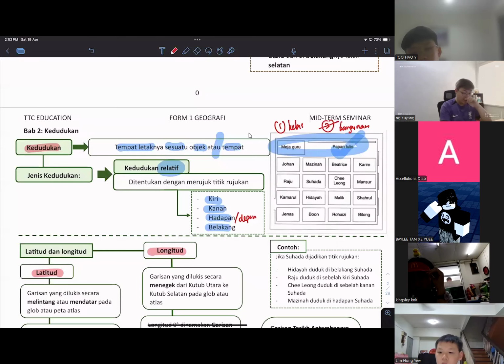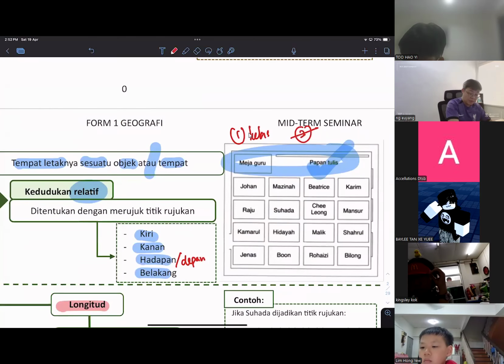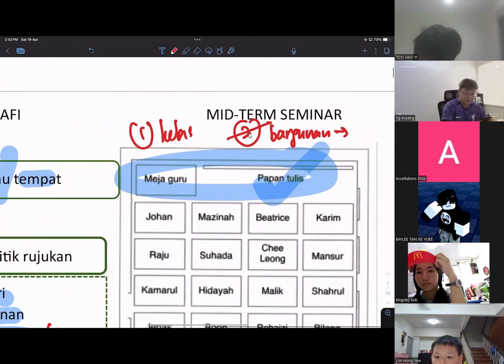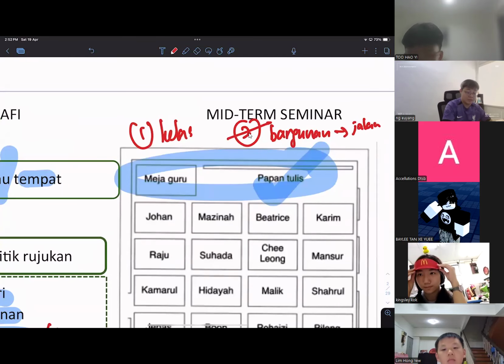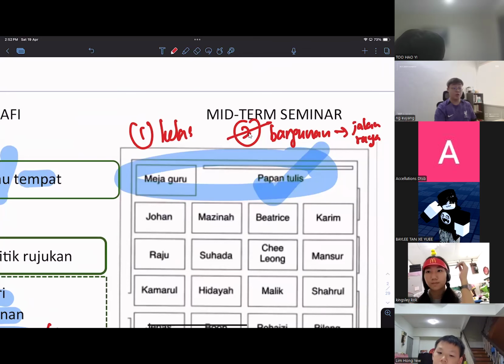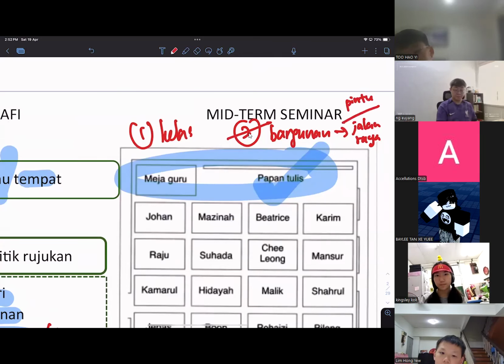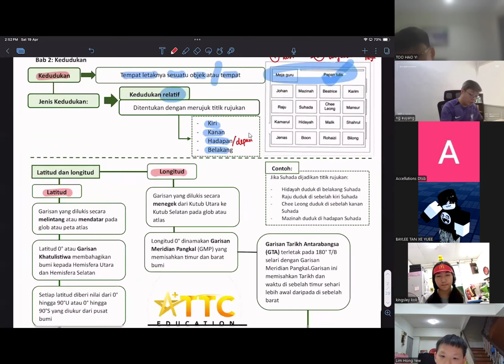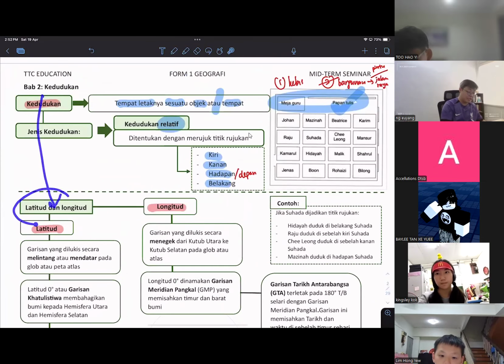Which is bangunan, we have to refer to what, guys? The second type of exercises, if this is bangunan, what should we try to refer to? Bangunan refers to the connection to the jalan raya. We try to find the front entrance for the building, so according to the jalan raya or according to the pintu, the main gate. According to the bangunan.